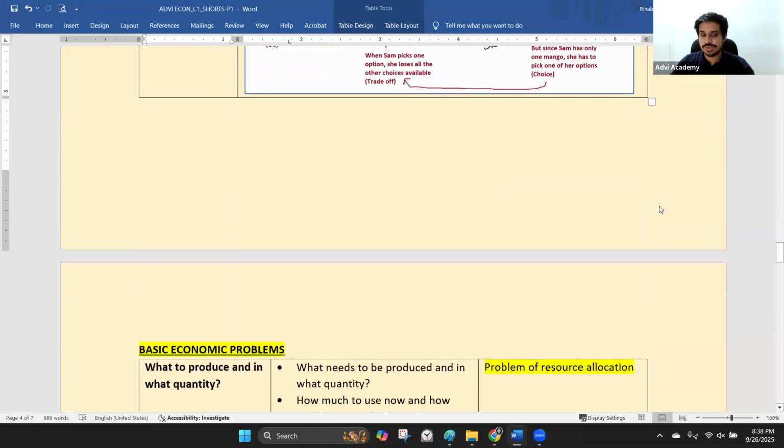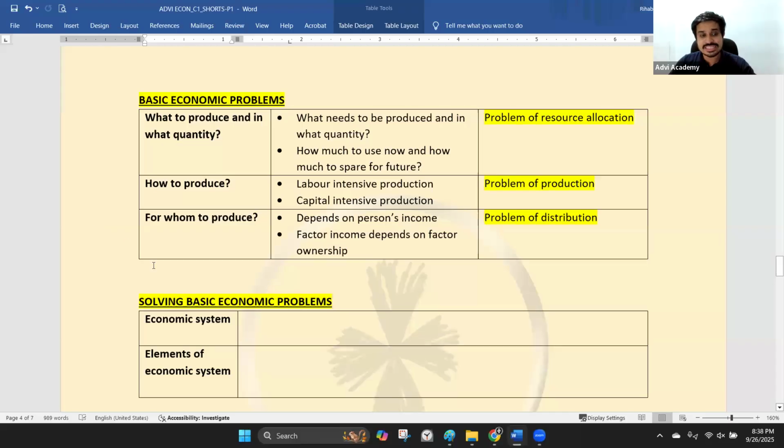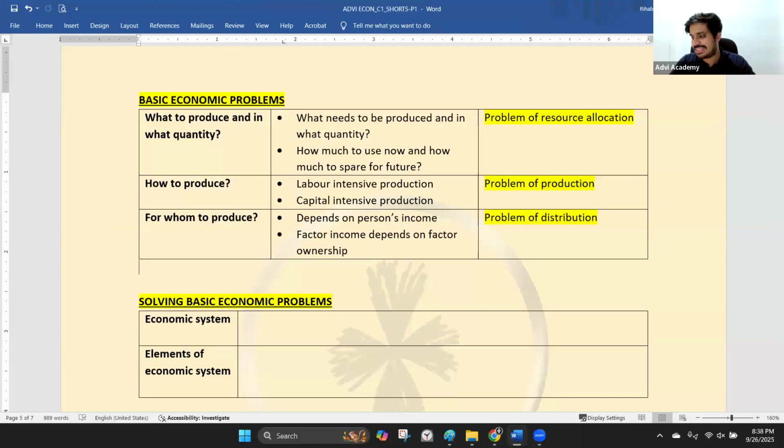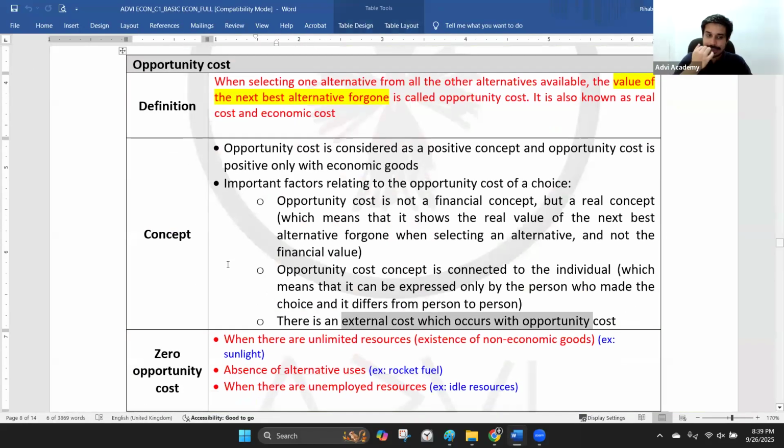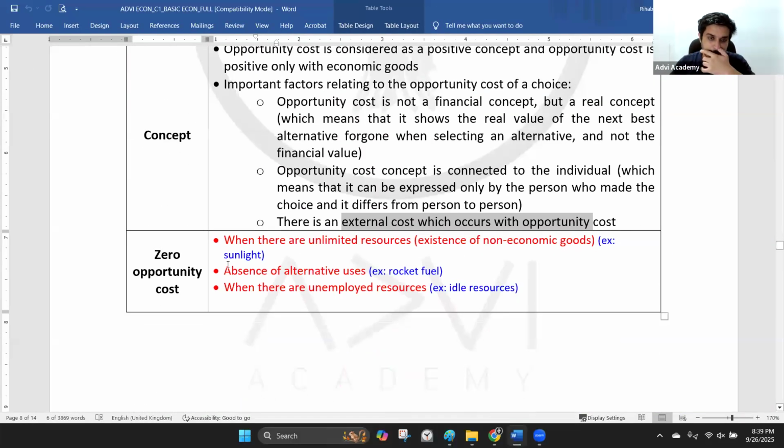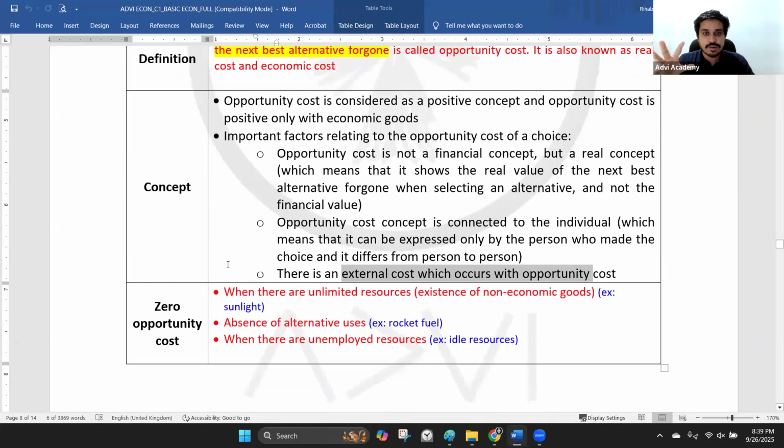Next, we are going to move into what we call the basic economic problems. Now, that's an easier section. So, sorry, I forgot this zero opportunity cost part, right? This is in the tutor as well. Zero opportunity cost means there are only very few goods in this world which have zero opportunity costs. Now, in the previous section, we studied something called